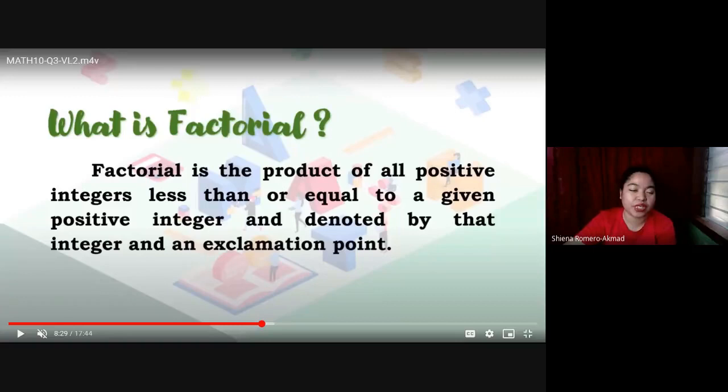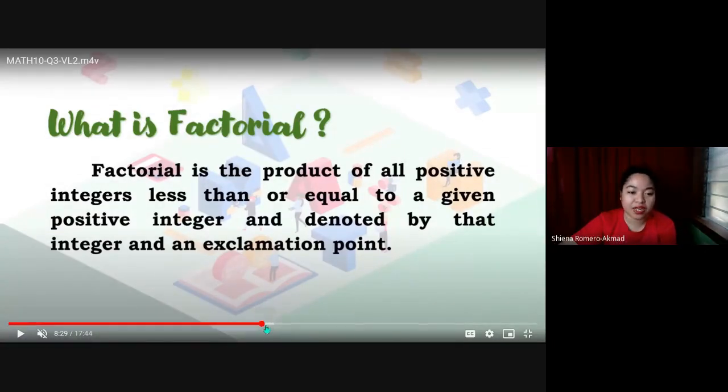Like for example, what we saw earlier, 4 factorial. So 4 factorial is the product of 4 and the positive numbers less than it. Tatandaan niyo yan ha. So positive numbers less than it. So that's 4 times 3 times 2 times 1. 0 is a non-positive number, so hindi kasama yon sa rule, kasi ang rule lang ay positive integer.